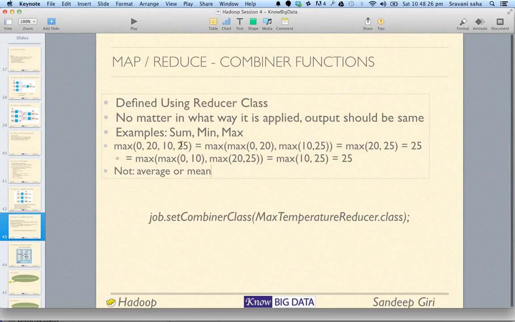Similar is the case with sum. You sum the first two values, then these two values or three values first, and then whatever is the result, you combine it with 25, you will always get the same result. No matter how many values together or in what order we are applying a function onto these multiple values to return a single value, the outcome is going to be the same irrespective of the order and number of values. Okay. So can somebody tell me, is the average function cumulative and